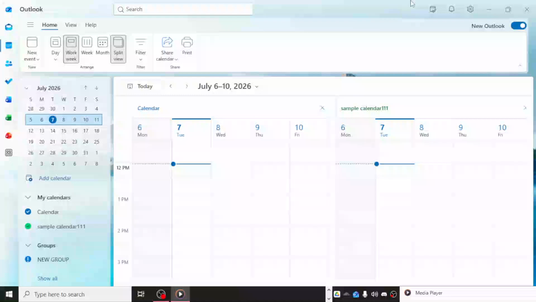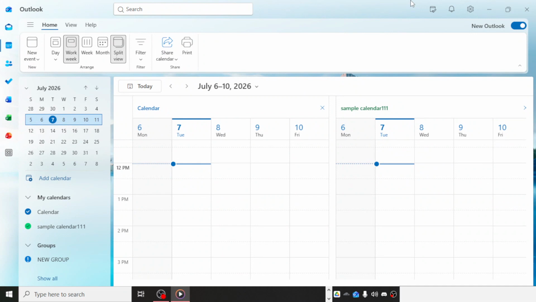In today's video, I'm going to teach you how to open Outlook Mail on PC. If you're new to using Outlook on your computer, don't worry. This is a very simple process, and once you know where to click, it becomes easy to check your messages anytime you need. In this walkthrough, I'll show you exactly how to open Outlook, go to the Mail section, and view the emails in your inbox.